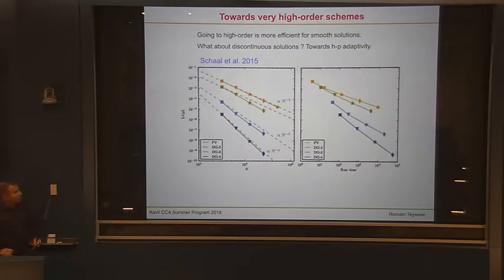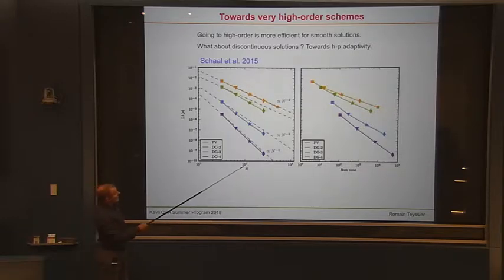Right? So just to give you an example, there is a nice paper by Shah et al. with an application to astrophysics, and I encourage you to read it. And what they did was to solve a problem with various orders here, second order, third order, fourth order, and this is another method which is close to what we did yesterday. And that's the norm of the error with respect to an analytical solution, as a function of the number of elements. Right? And you see that for a second order method, the error goes down as the number of elements to the power minus 2, which is why we call it second order. Right? But now if you move to third order or fourth order, you see that the slope is steeper. Right?